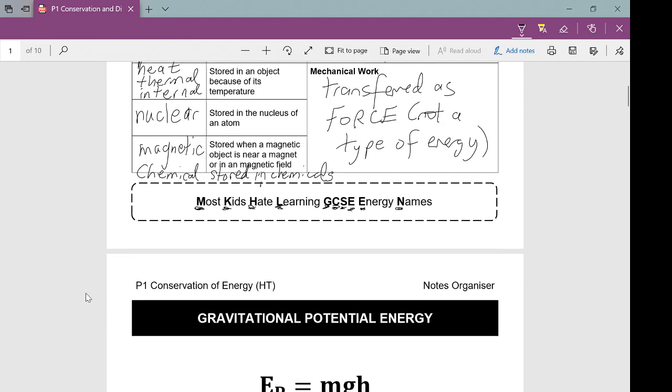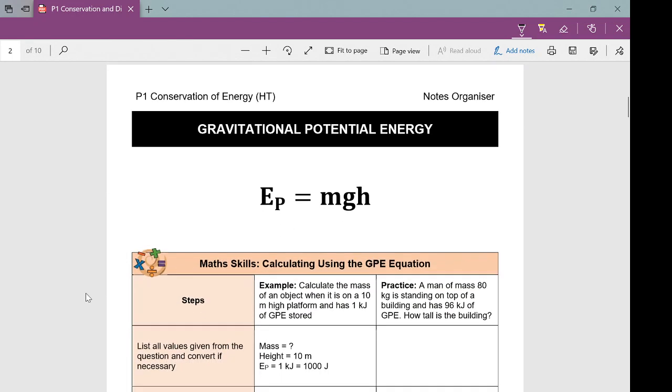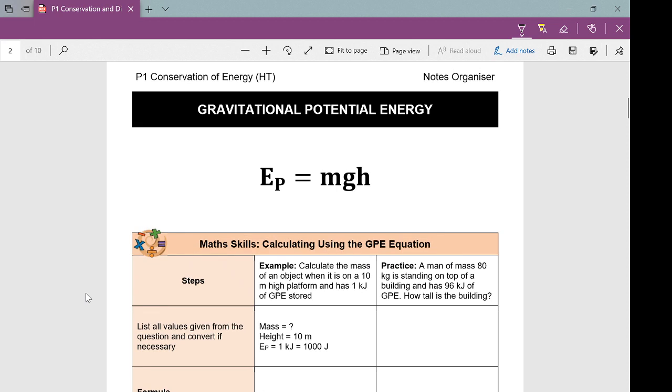Okay, now we're going to work on some calculations. So, the first type of energy I want you guys to know how to calculate for is gravitational potential energy. So this is the formula for gravitational potential energy. This formula, you do need to memorize it. So I recommend if you make a flashcard, for instance, you have this formula on one side, and then what all of the other